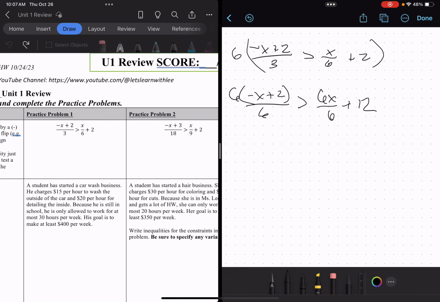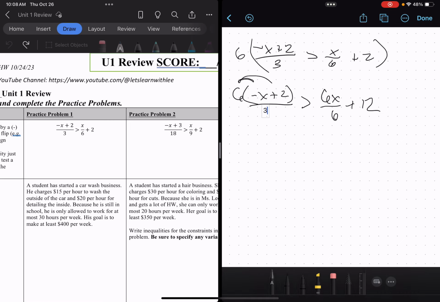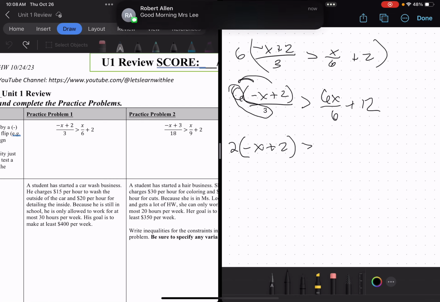Now, I could go ahead and distribute this here, but I don't want to distribute because my whole purpose in doing this was to get rid of that 6 in the denominator. I realized that I also wrote that wrong. That should be a 3. Okay, and so when I do that, then I'm going to have 6 divided by 3, and so you can divide this instead of distributing, because multiplication and division are kind of interchangeable, right? We move from left to right. So 6 divided by 3 is 2 times negative x plus 2 is greater than 6 divided by 6 is